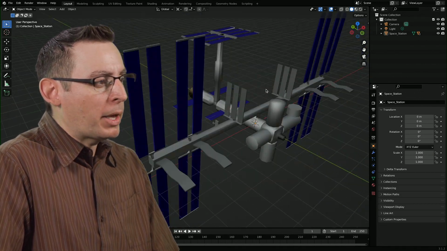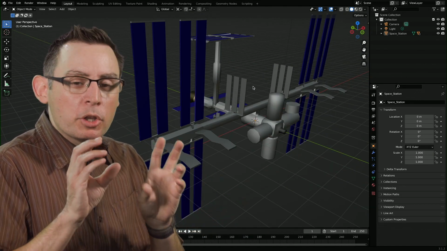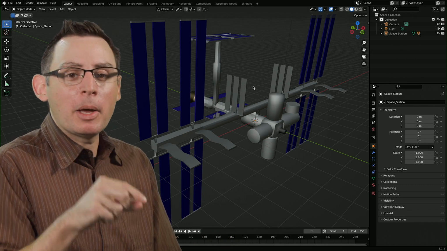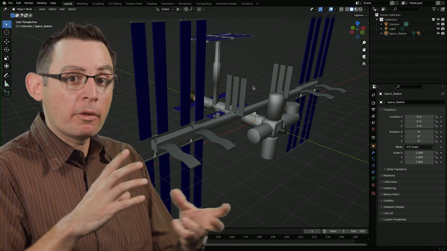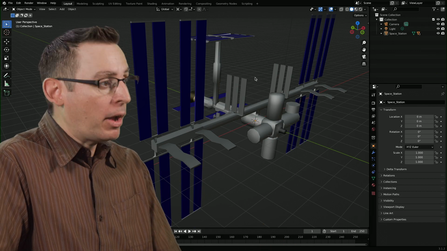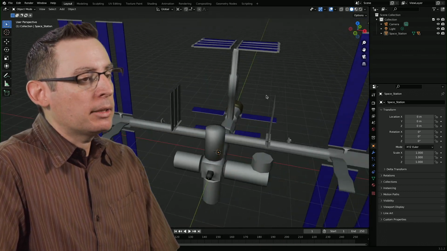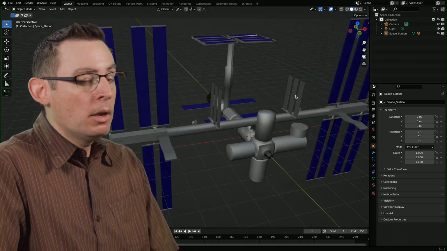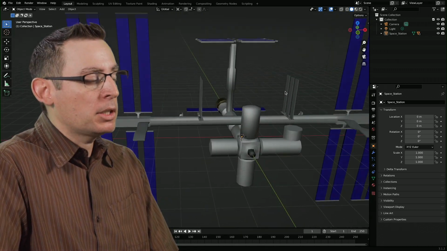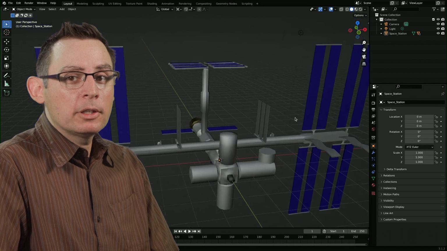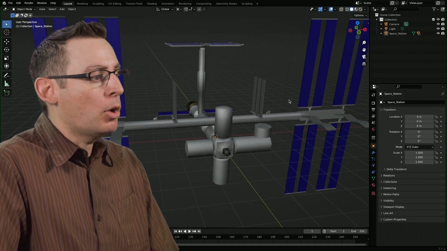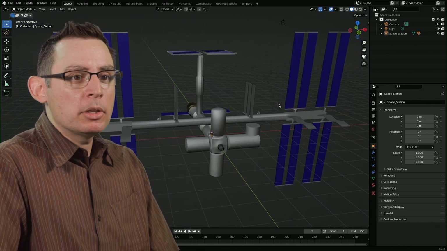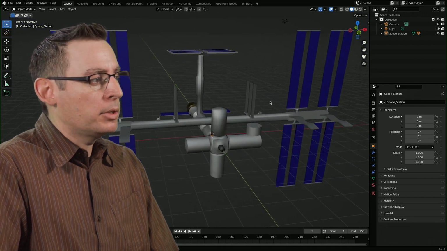Now when I do the middle mouse button, it still works, but with a trackpad, that left mouse button becomes the primary driver of our viewport navigation. Now, if I hold down the Option key and left mouse button and drag, or if you're on a PC, this would be the Alt key. Alt left mouse button does the orbit. Alt Shift does the pan, and Alt Control is going to be the zoom in and zoom out.